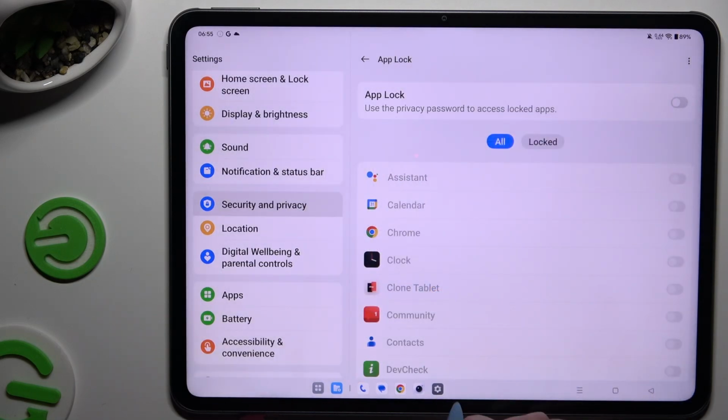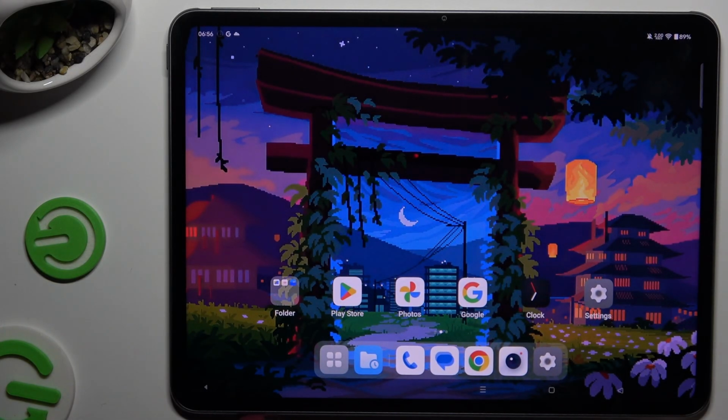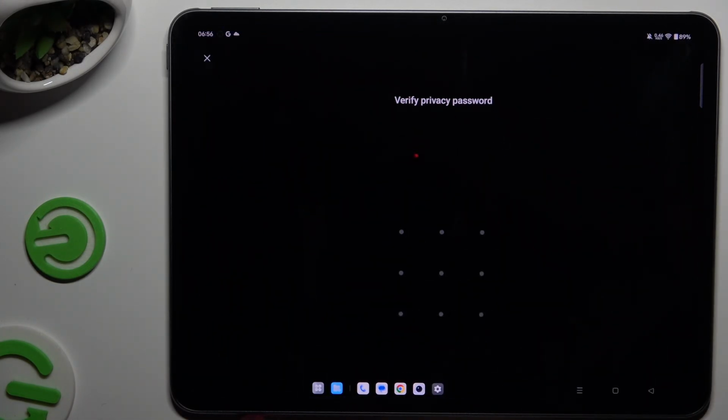Then hit Got it, tap on gray switcher next to App Lock to enable it, and to lock any app, tap on gray switcher next to it. So when I go back and try to access one of the locked ones, I can see that privacy password